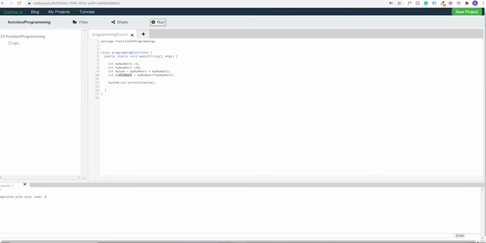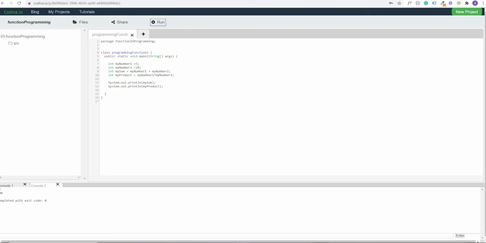So now I can just have another one like this. Now I'm having 2 printouts, and this is my product. So if I run this code now, this is going to give me my product and my sum. So let me sum it. Let me just run it, and then you can see this is saying 25 and this is saying